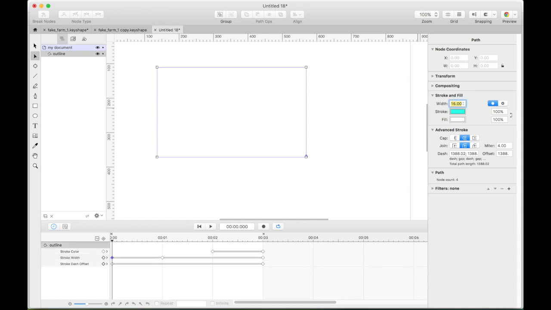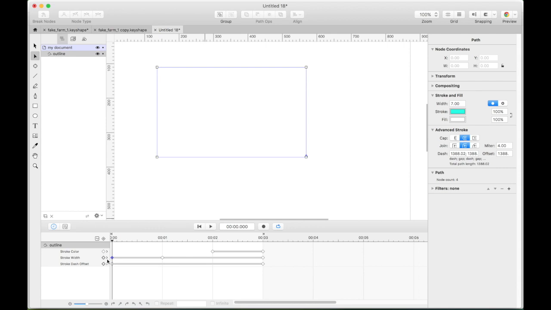Now what's just happened, and I'm not entirely sure why, is I'm going up to 16 and it created a new node. So that may or may not be intentional, but what I want is for it to end right here at 16, and then I want it at 1 second at 7, and then at the beginning, I don't want it at 16, I want it at 7. So I'm not sure why it did that, but what I can do is just delete that node, and I think I can delete it by clicking.